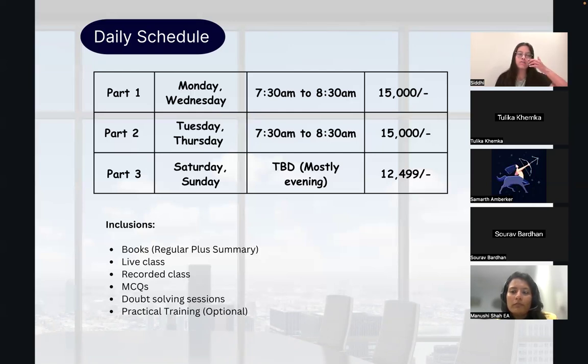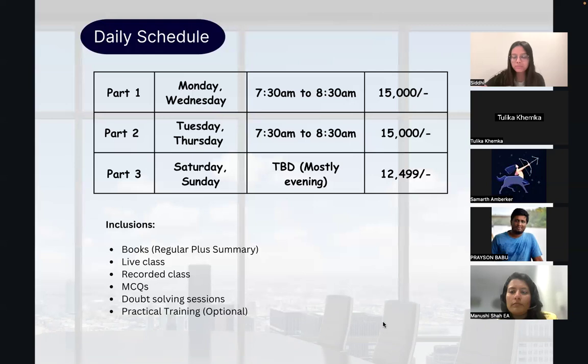Previously, I have completed 5 or 6 batches already. According to that trend, it takes 30 days. I give the approximation as 30 days, but it can be done in 25 days also. But due to doubt solving and all, extra 5 sessions are taken. So 30 to 35 days, one part you can count on. For all the 3 parts, take 30 to 35 days approximation, not more than 35 days. That's why every month we start with a new batch. Yeah. Okay, thank you.